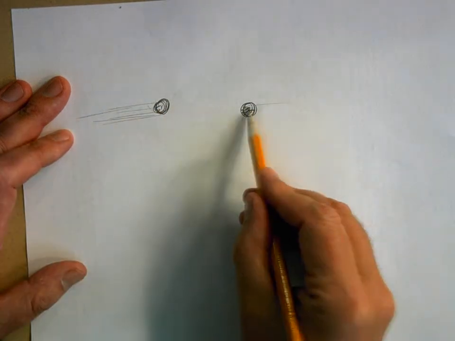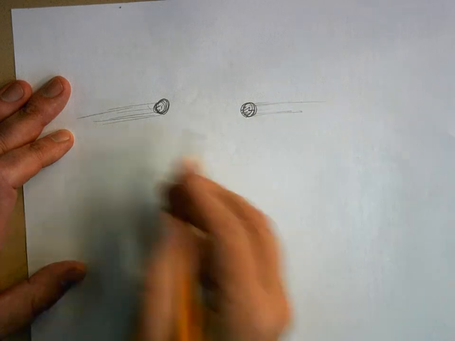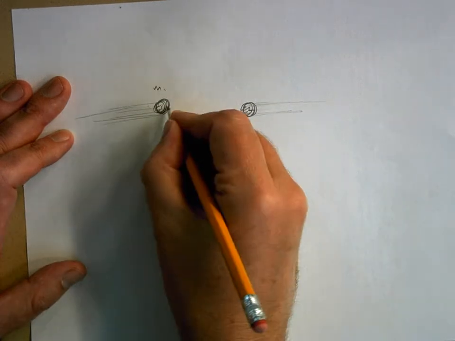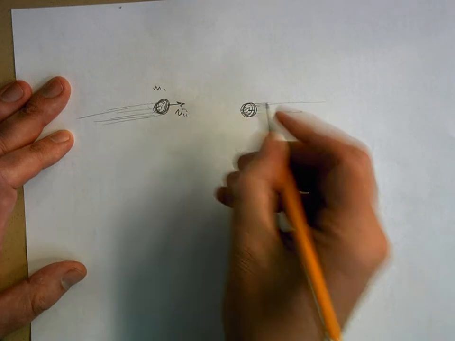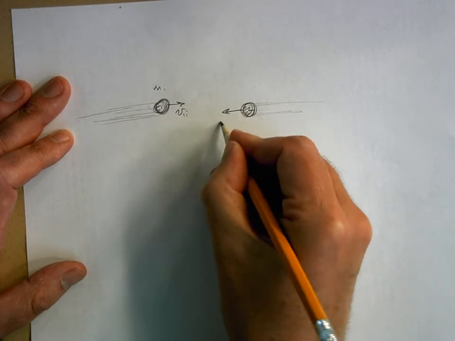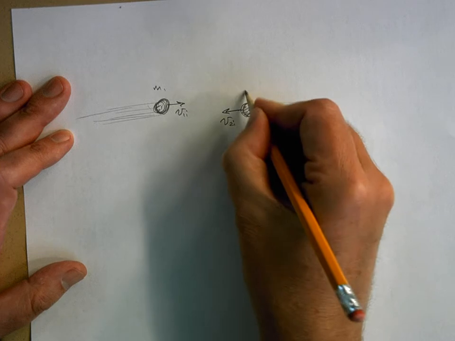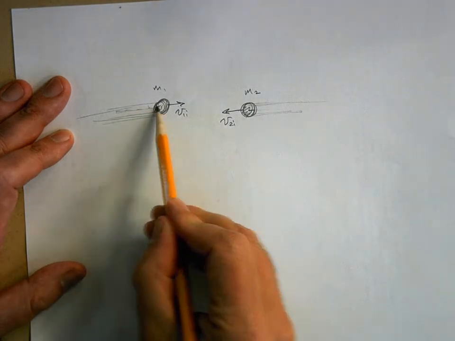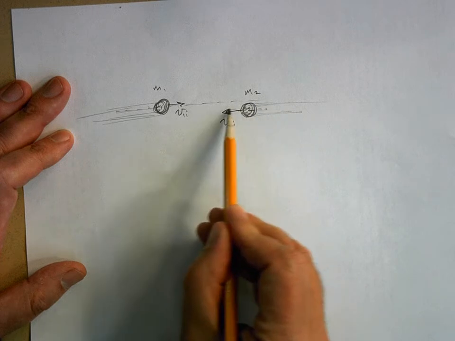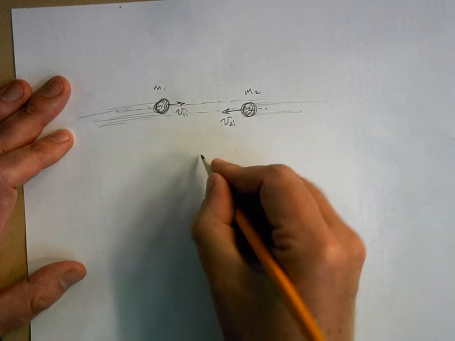Look how fast it's going. Okay, so this is m1, and this is v1 initial. Here's v2 initial. Here's for m2. But now, they're not quite on the same line, so that when they interact,